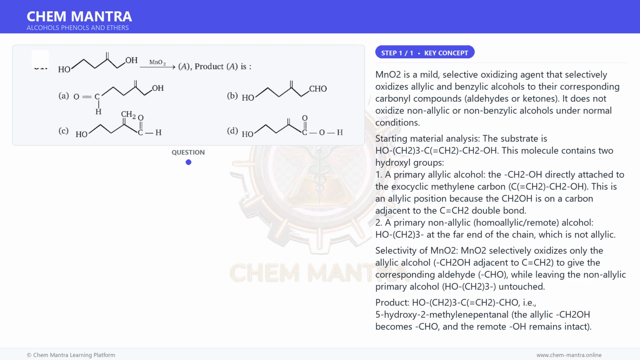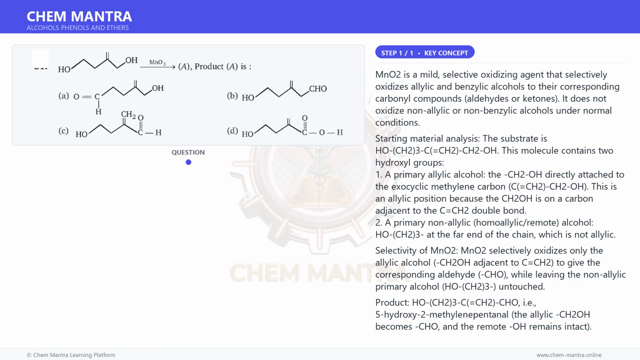Starting material analysis: the substrate is HO-(CH2)3-C=CH2-CH2OH. This molecule contains two hydroxyl groups. 1. A primary allylic alcohol: the CH2OH is directly attached to the exocyclic methylene carbon, C=CH2. This is an allylic position because the CH2OH is on a carbon adjacent to the C=CH2 double bond. 2. A primary non-allylic, homoallylic remote, alcohol, the OCH2 at the far end of the chain, which